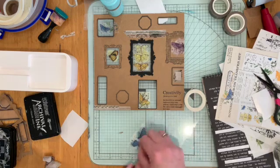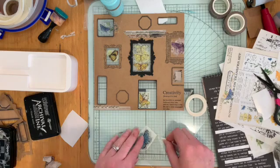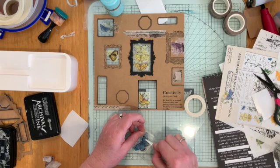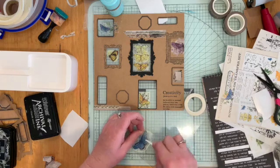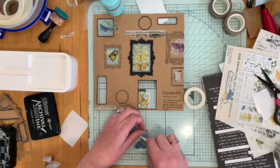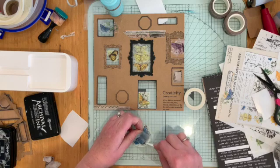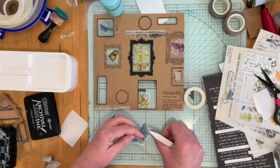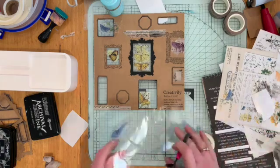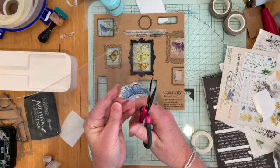So let's see how this looks once I've fussy cut it out. Because I'll remove a lot of the background there and just follow the lines of the butterfly. Oh, okay. Okay, so...